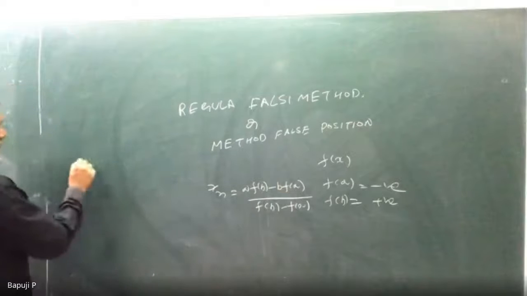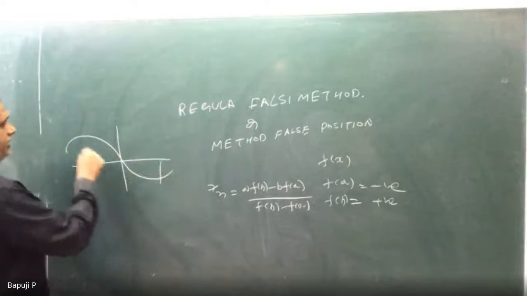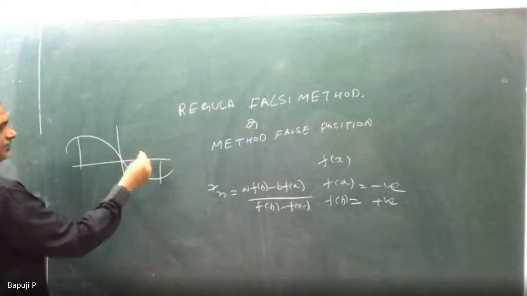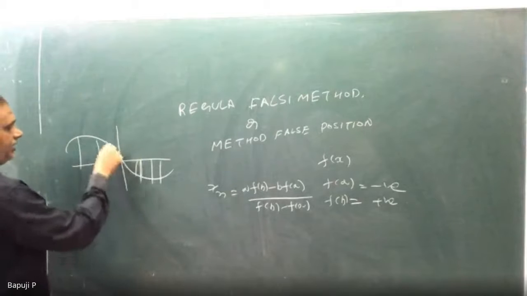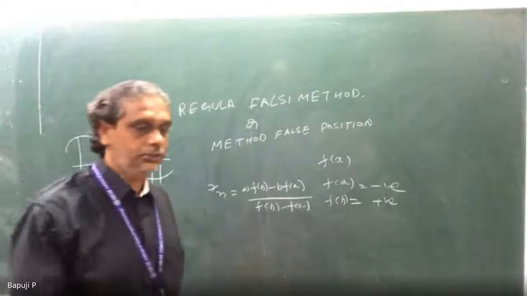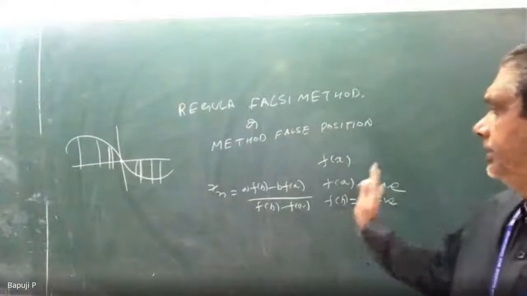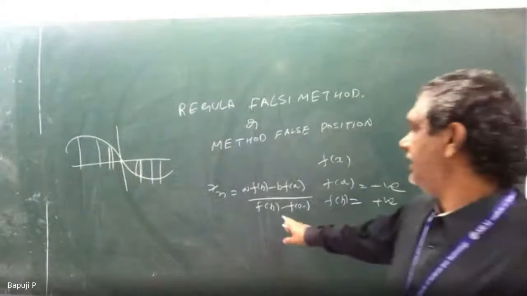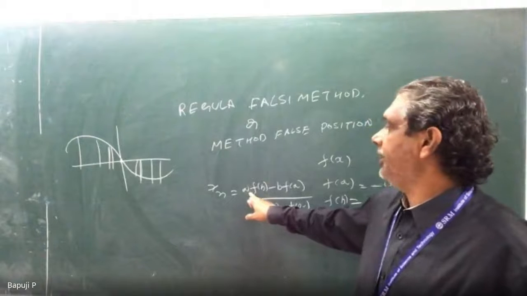So actually, in the bisection method, I will come from any one side only. But here, I will travel on both sides, here and here and here. Slowly I will get it. Initially I will start with a false position, slowly I will reach. Geometrically it is not required for you. This we can keep: f of b minus f of a, second term minus first term. Then a into what? F of a won't come.